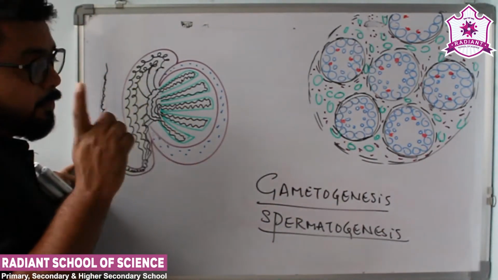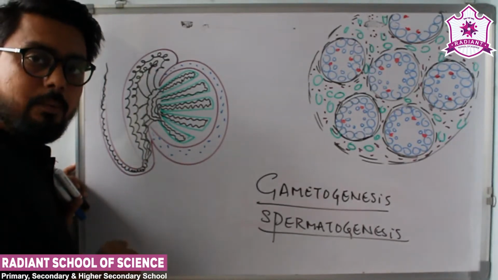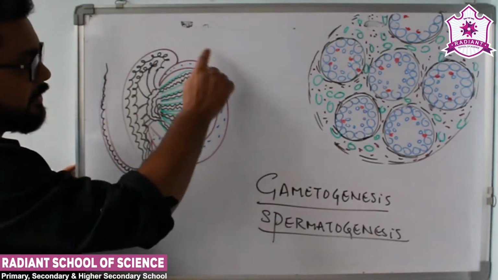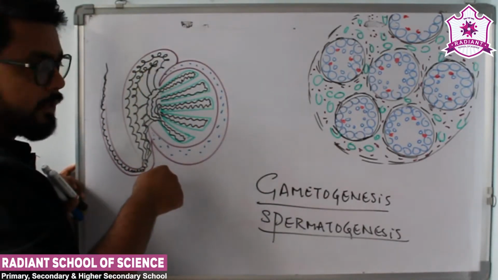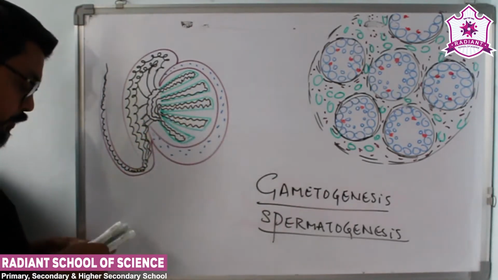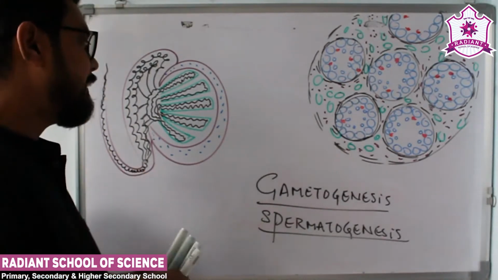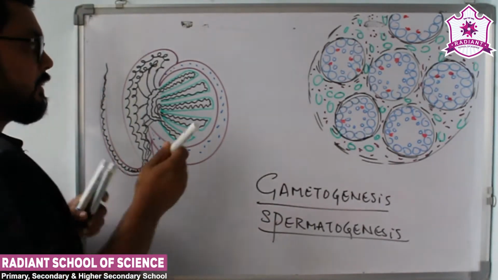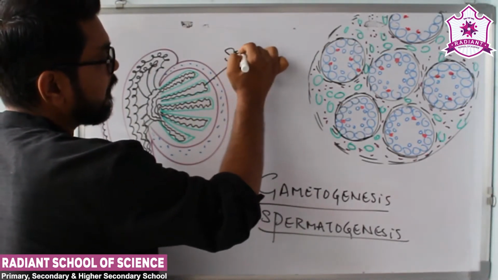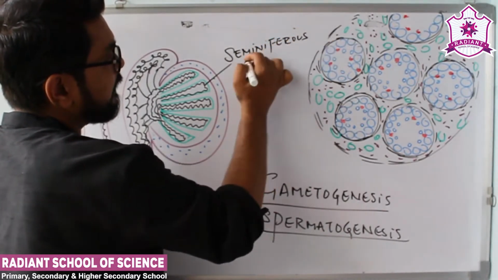But the important thing we need to know is the testes. In 10th standard we didn't talk about testes much. In 12th we would be talking about testes. So this structure here is a section of testes, as you can see. These are the inner portions of the testes. The very important portion that leads to the production of sperm inside the testes are these black tubules or folded tubules, which are known as seminiferous tubules.